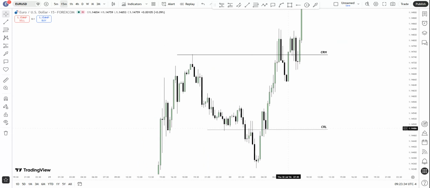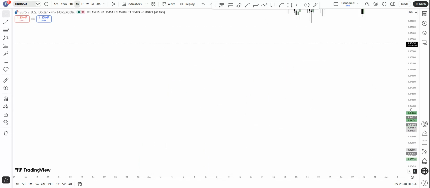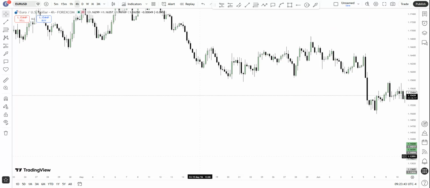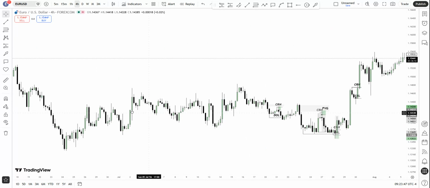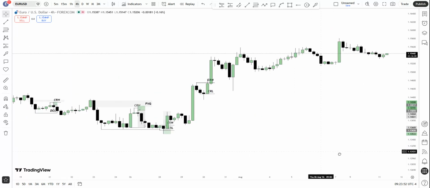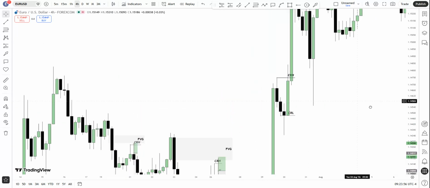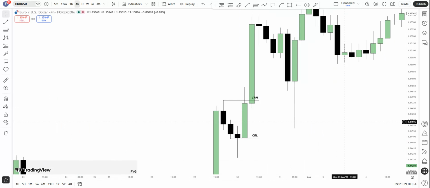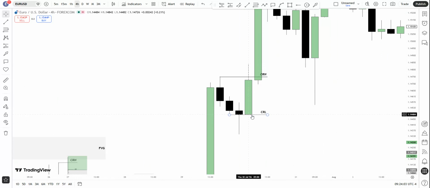Price cleared the high, the low of this candle, because going down to the 4-hour time frame, you are going to see that this candle was cleared from the higher time frame. You are going to see that price cleared this candle, giving us a candle range sweep around this area. Zooming in, you will see that we have a candle range theory that tapped into a key level here. This is the candle range low and also the candle range high. Price came and traded into the candle range low,